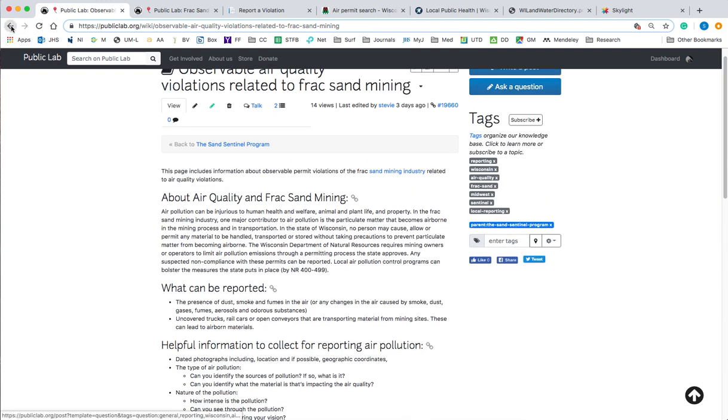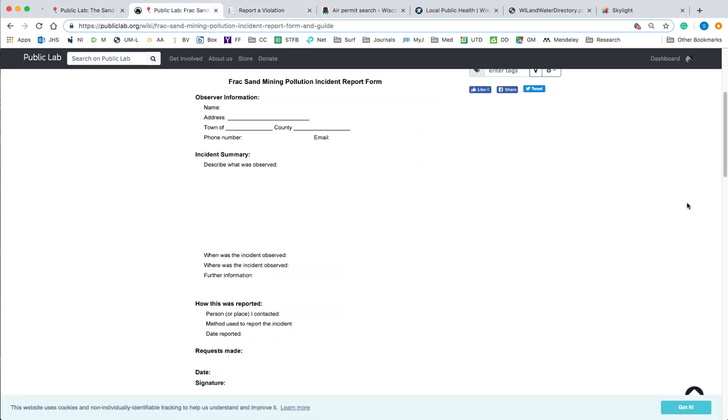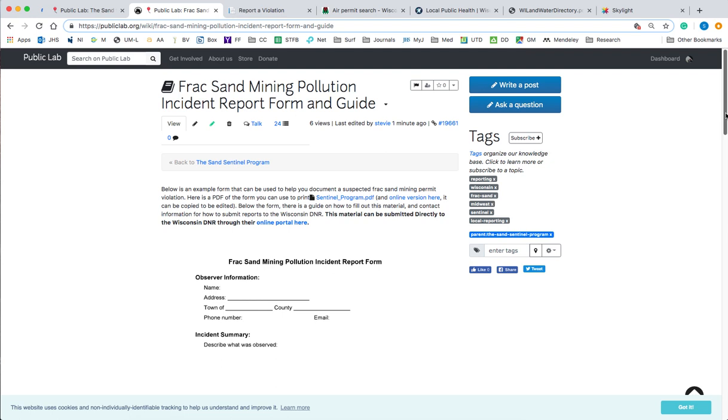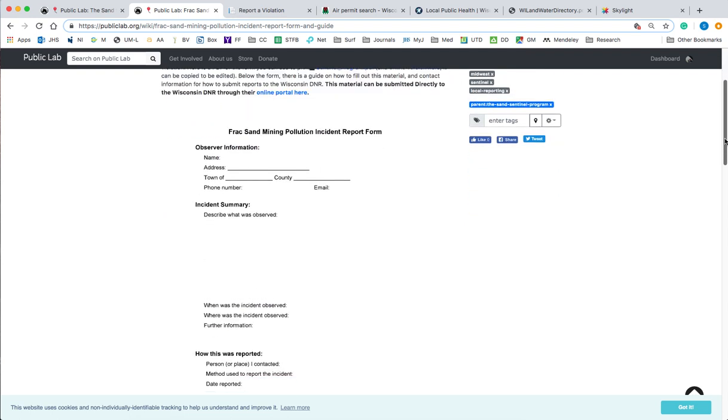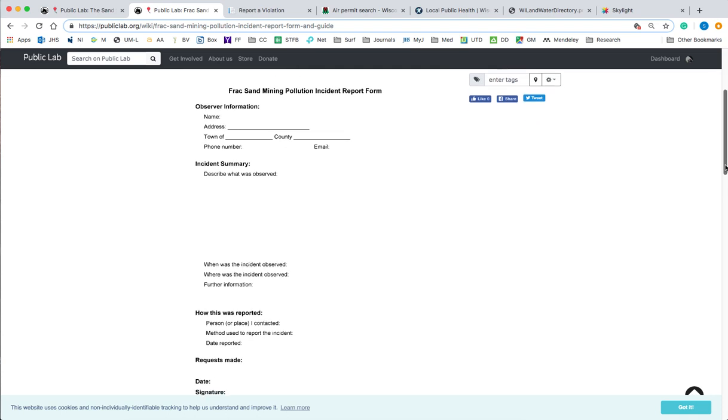Great. So I'll just get back here to this main page, and we'll talk a little bit through the reporting form. So right here, very simple: your name, address, town, county. These are things that you will need to include in your online report to the DNR. And this is also, I mean, it sounds silly because you know who you are and where you live and all that,